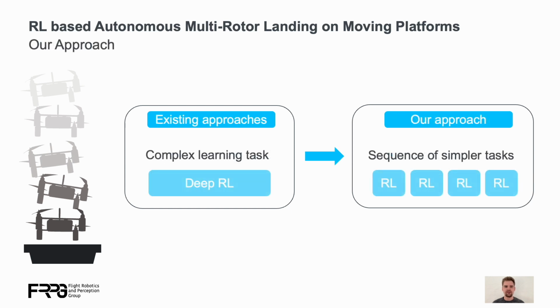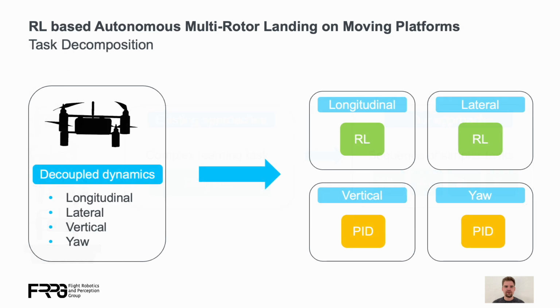But current methods that address the landing task by leveraging deep reinforcement learning techniques to control the coupled motion of the UAV require several hours to train, have limited success rates, and depend on hyperparameters that need to be tuned by trial and error. In our approach, we address all these issues. To this end, we decompose the landing procedure into a sequence of simpler but similar learning tasks. This is enabled by applying two instances of the same reinforcement learning-based controller that has been only trained on one-dimensional motion of the UAV and the platform. The first instance controls the longitudinal, the second one the lateral movement of the UAV.